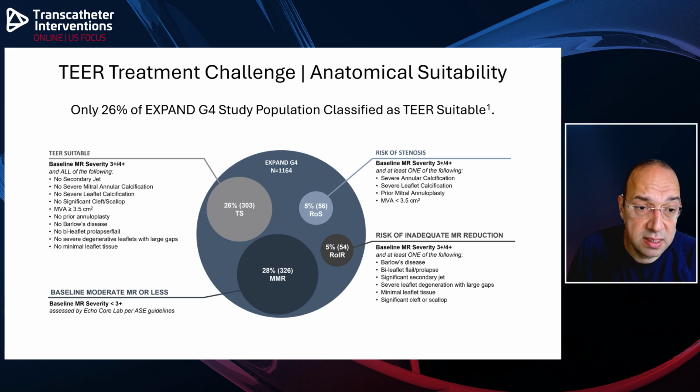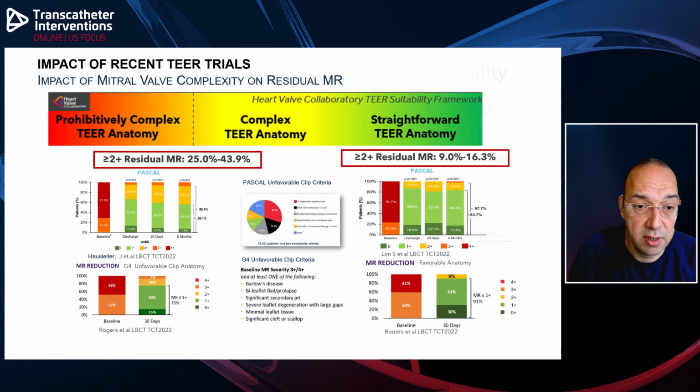So the data is moving towards, whether with the Class 2D registry or the EXPAND registry, it is showing that we are all treating more complex anatomy with TEER, and we are achieving good and durable results. So, to put everything together, I overlap the data with what we have in terms of the spectrum. For the more complex anatomy, we have shown that yes, we are receiving good results, and results are durable, but